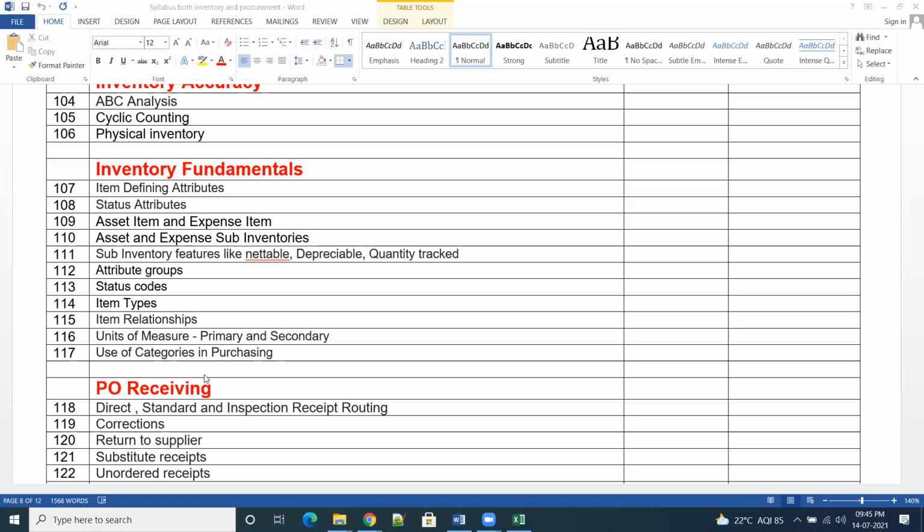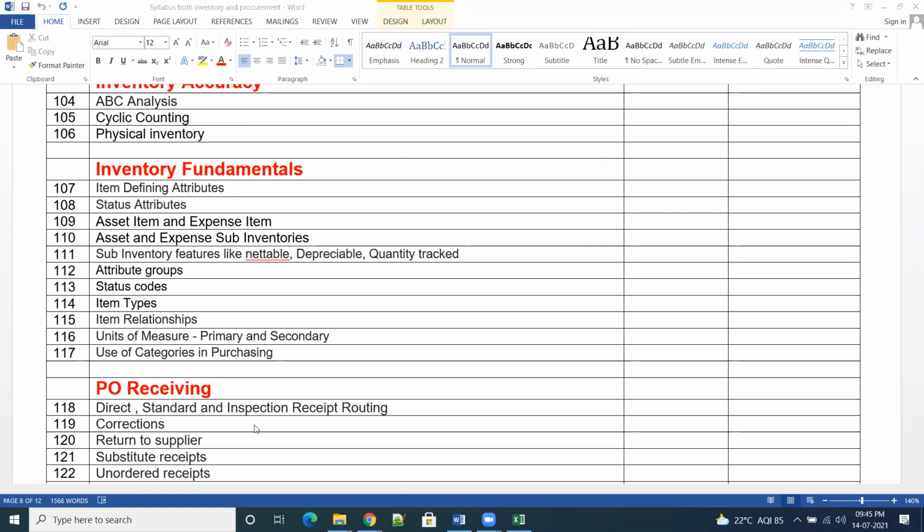Inter means those inventory orgs belong to the same business unit. Intra means whatever orgs we are selecting, those inventory orgs do not belong to the same BU, they belong to a different BU, again a different legal entity. So that is intra, we can do the transaction based on the legal entity.